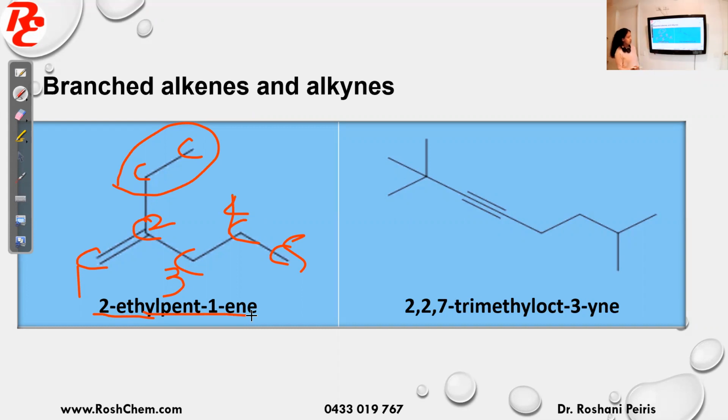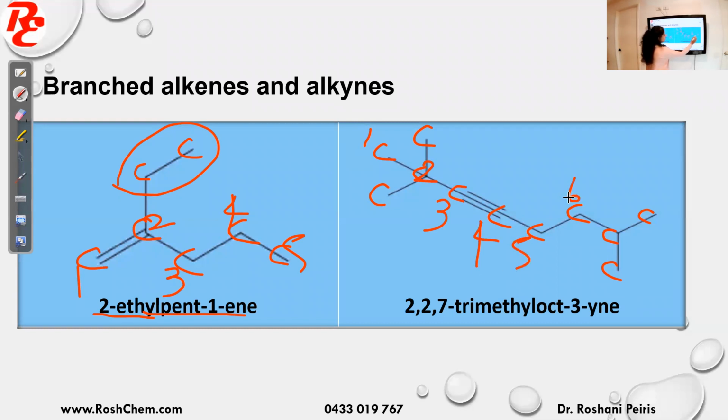Okay, we'll go to the next one. Again, put the carbon atoms. Okay, so all these are carbons. Now you first find out where your longest carbon chain is. So you can see if you start from here, 1, 2, 3, 4, 5, 6, 7, 8. So that's your longest carbon chain, or you can say the parent chain. So these are the substituents.